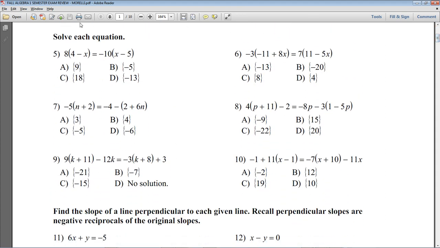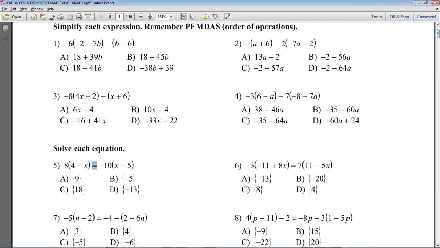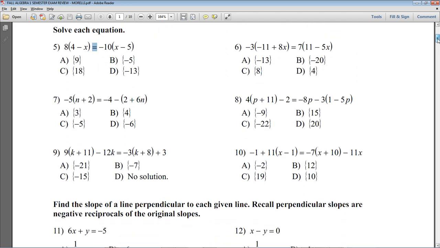This section says solve each equation. Okay, and this is a different verb. In the first section we were told to simplify, now we're told to solve. And the reason we're told to solve is because there's an equals sign, and that wasn't there in the first set when we were told to simplify. There are no equal signs anywhere in 1 through 4, but starting at number 5, 5 through 10, there are equal signs. Okay, so we'll solve number 5,